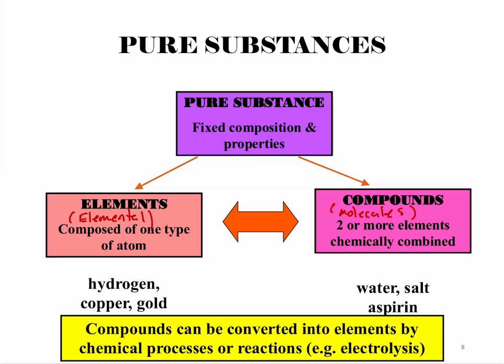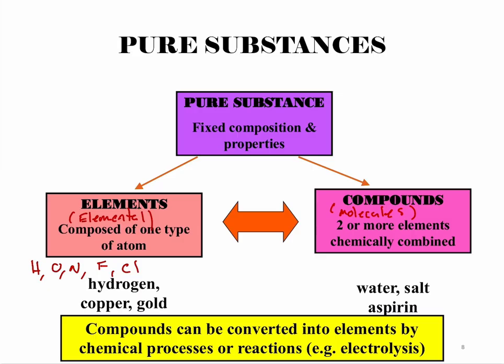Elements, these are going to be composed of 1 type of atom. So if we look at something like hydrogen gas or pure gold, depending on the carat, then those are going to be elemental compounds, right? But that doesn't necessarily mean they can't be molecular, right? So some elements, like hydrogen, oxygen, nitrogen, what else? Fluorine and chlorine, those are all going to be elements that when you find them in nature, they're